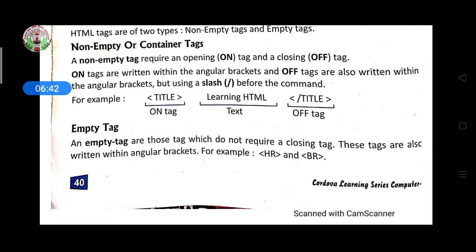And what do you mean by empty tag? It means that the tag does not have a close tag. Close tag means a slash. No need to give any slash tag, we only have to use an open tag here. So what do you mean by HR tag? HR tag means horizontal rule. If you want to make one rule in a web page, if you want to draw one line in horizontal form,